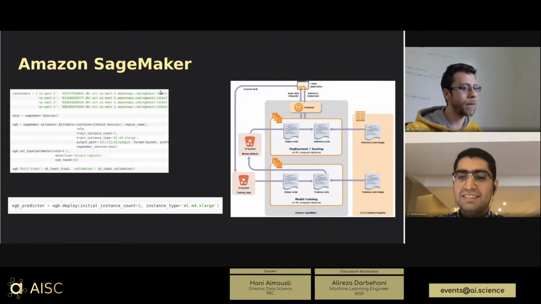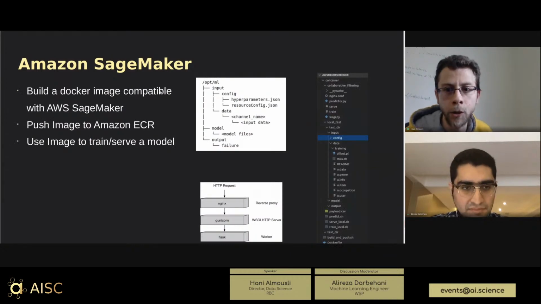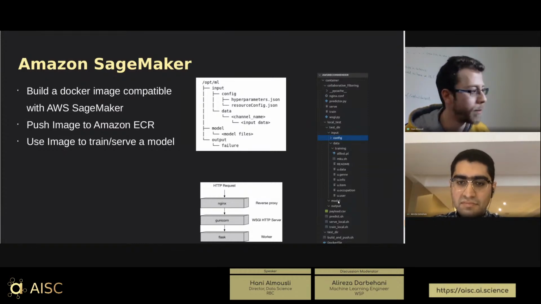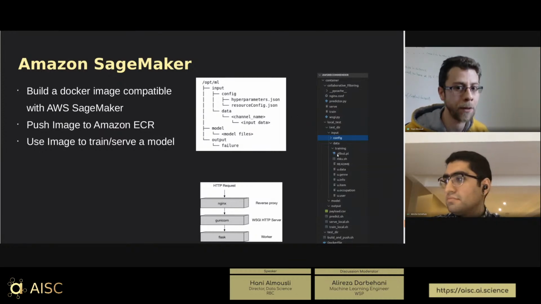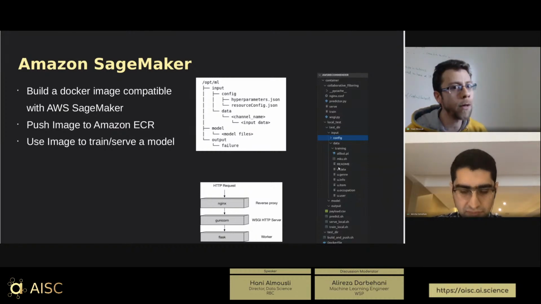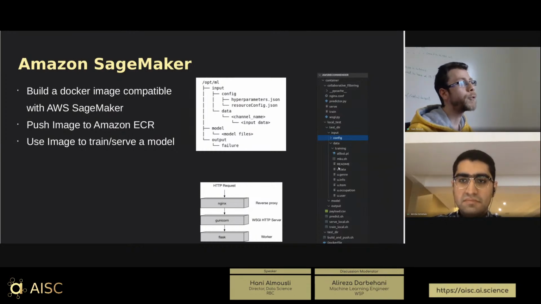I run it locally. I didn't talk about that, but there is a way for your SageMaker model to be tested locally first. If you go back here, for example, to this image, you can see something called local test, where I have a test directory and I'm mocking up the input config, the data, the model output, and the output. When I run my Docker image, the container, locally, I mount where the data is to those locations. That's how you can do it with SageMaker, where you test it locally and then you run it on SageMaker. So if you are very careful and your data is not crazy, I don't think it will cost you a massive amount of money.